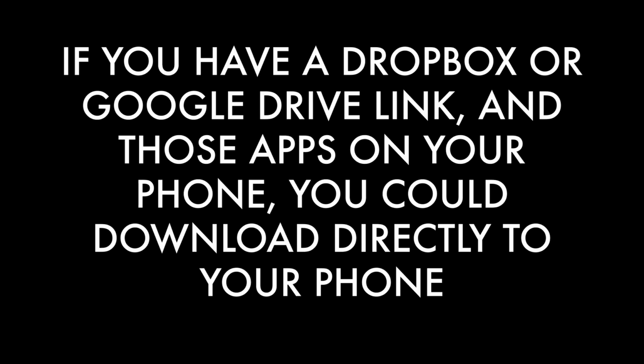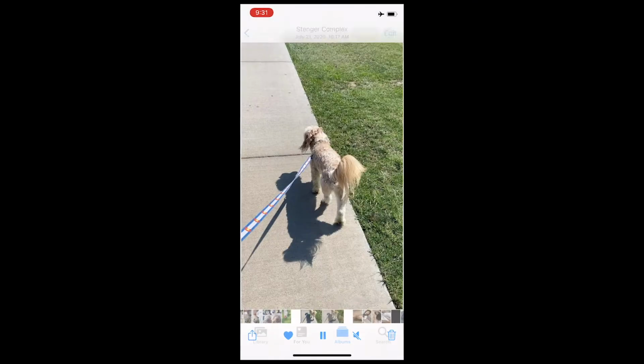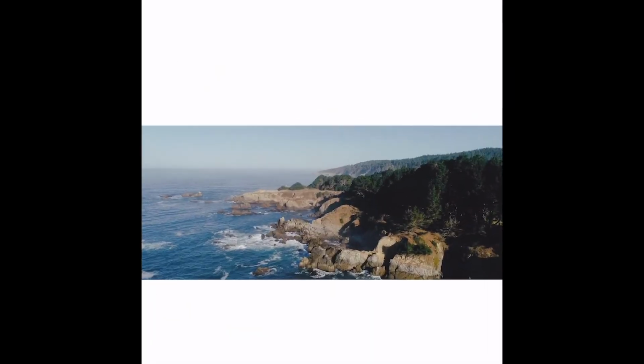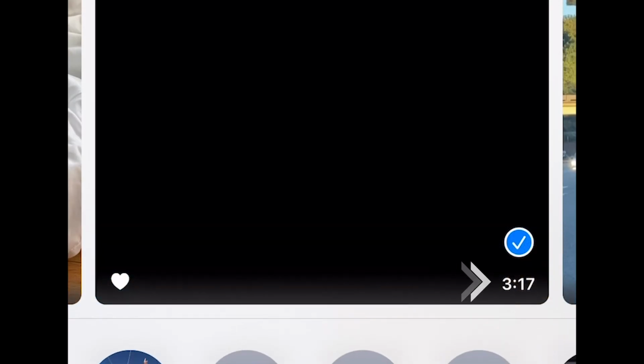All right, so remember, you have to download it on your computer first. Once you have the file downloaded, then AirDrop it to your phone, and voila, it's in your photo album. Okay, now let me show you what I do to make finding reels so much easier. By the way, enjoy all of these amazing clips and photos of my dog. In this example, I want to move this video that's 3 minutes and 17 seconds,